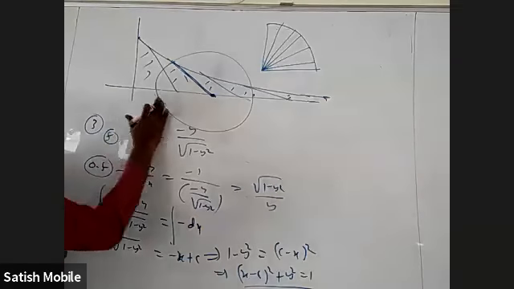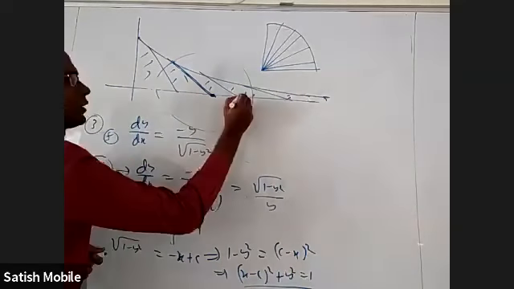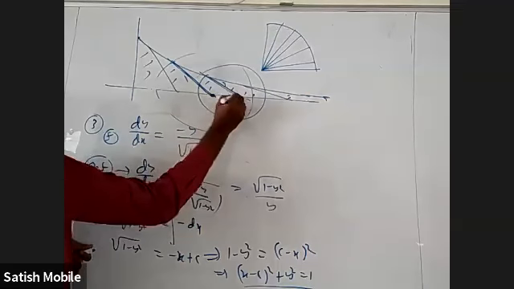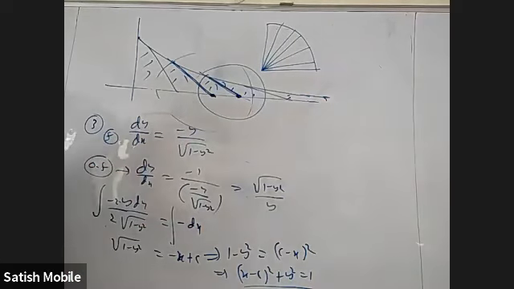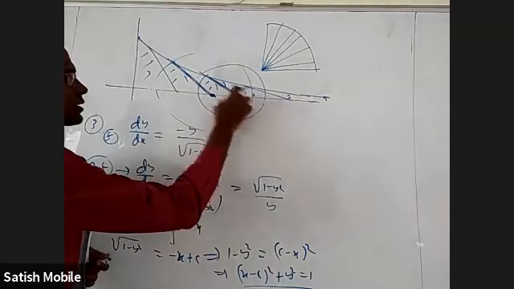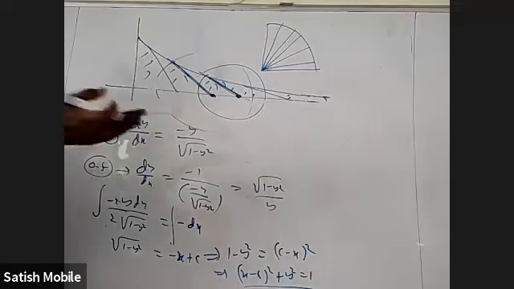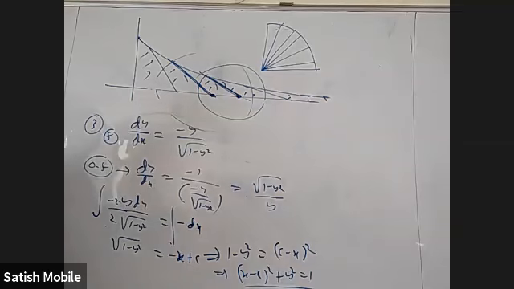Yes. Similarly, take this as a center, take 1 unit as a radius, you'll get a circle. Again, this is a center and the radius is 1 unit. Again, it will intersect. So all the circles with all these as the centers and radius 1 will intersect this one orthogonally. So obviously, the differential equation will be that of a family of circles whose center is on the x-axis but radius is always 1, right?